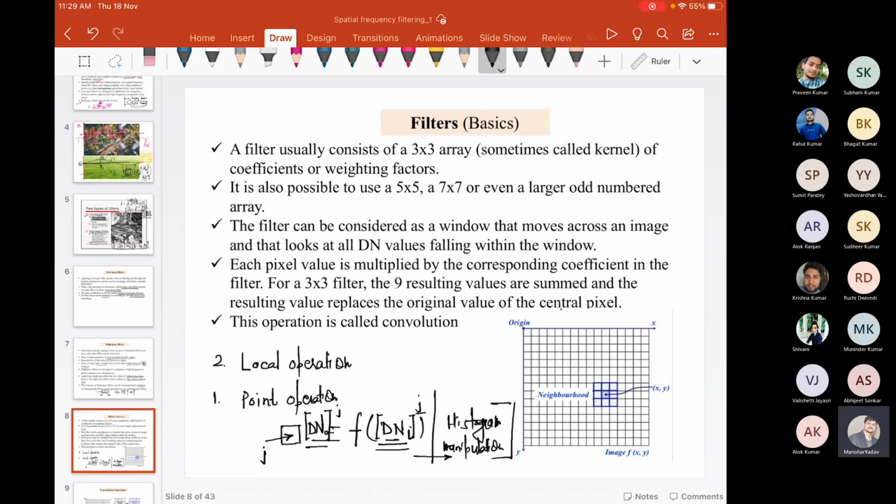So histogram manipulation and contrast stretching, we consider only the seed pixel, and it will be given as input to the linear and non-linear function f. F is linear, we have a linear operator, non-linear, logarithmic and exponential, which we have discussed. And finally the output is generated. Is it clear? Now in local operation,